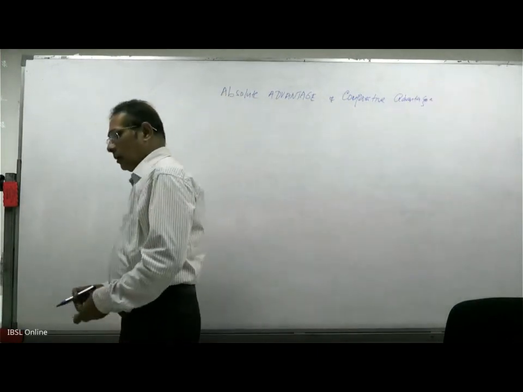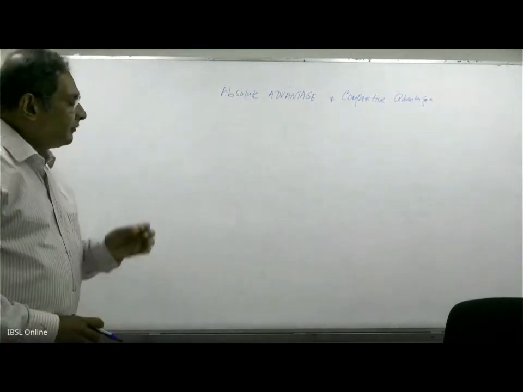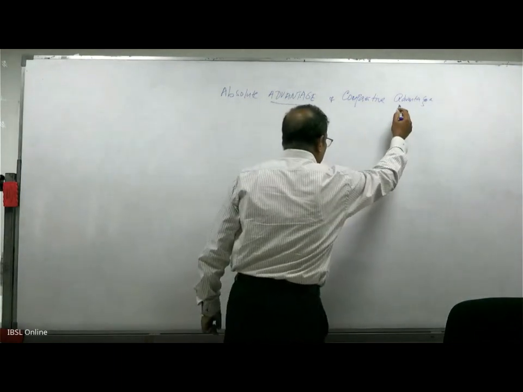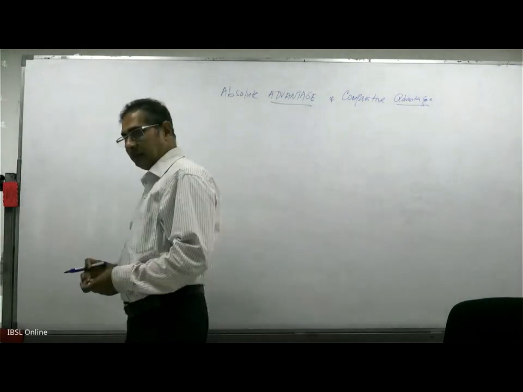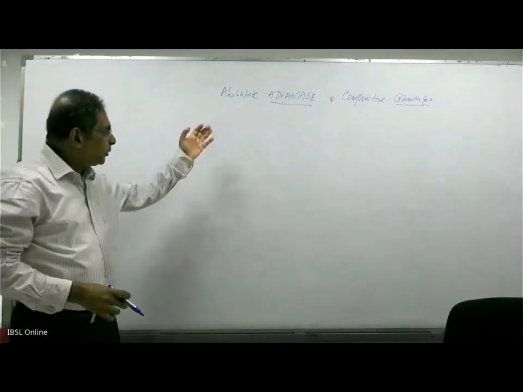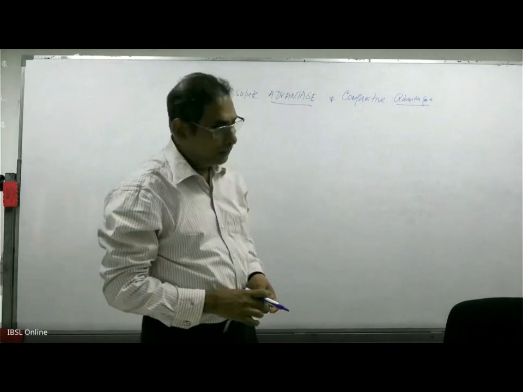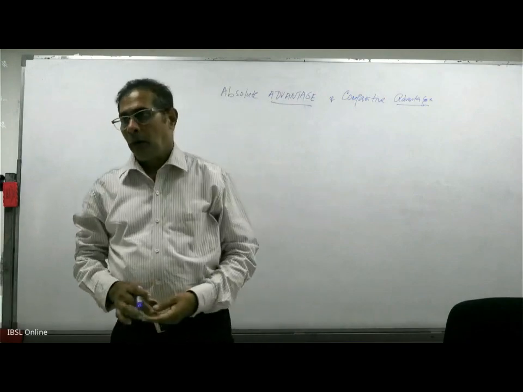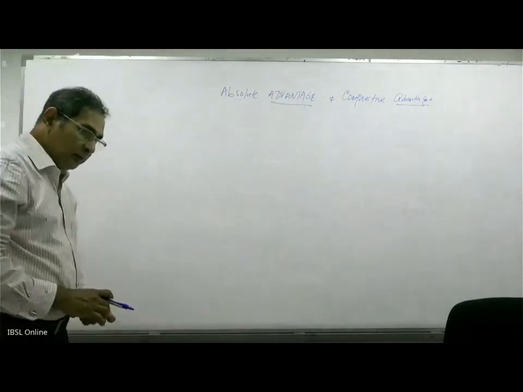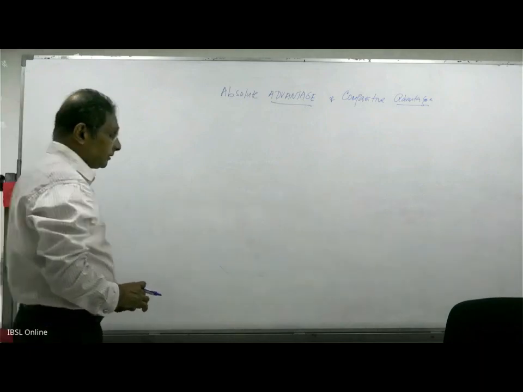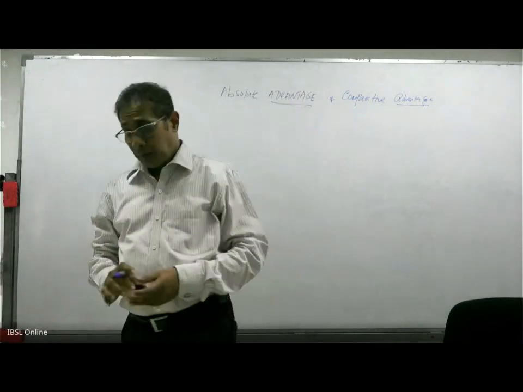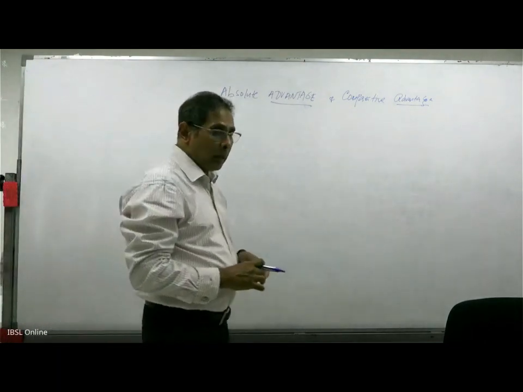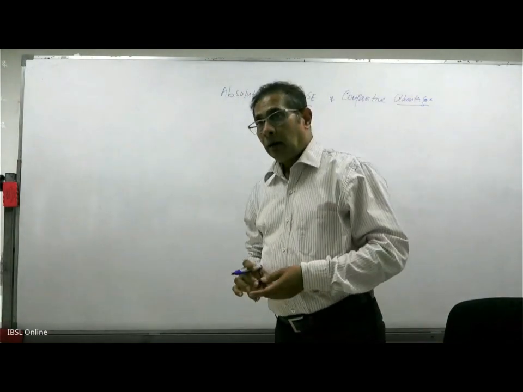Right. Now in trade, we have two advantages that we see: absolute advantage and the comparative advantage, right? This was introduced in different eras by different people. Absolute advantage by Adam Smith and David Ricardo. The comparative advantage, we look at it in a nutshell, but comprehensively I have given you the handout. Please read the handout very carefully. It's a bit complex, and try to understand what the comparative theory is.